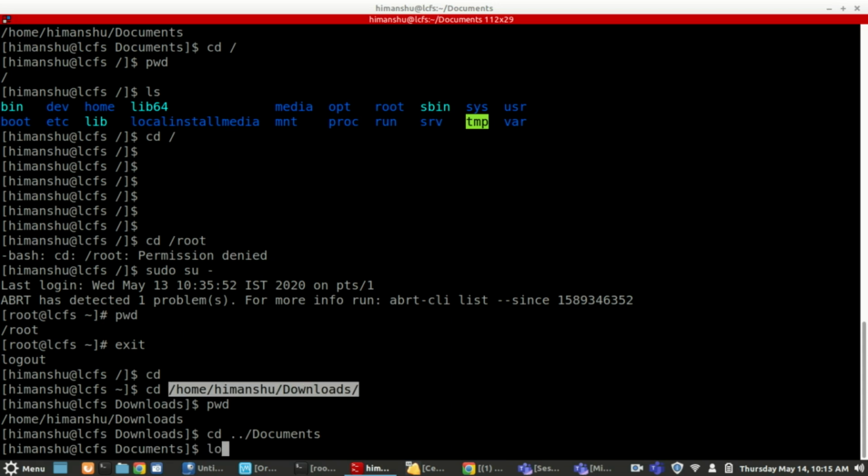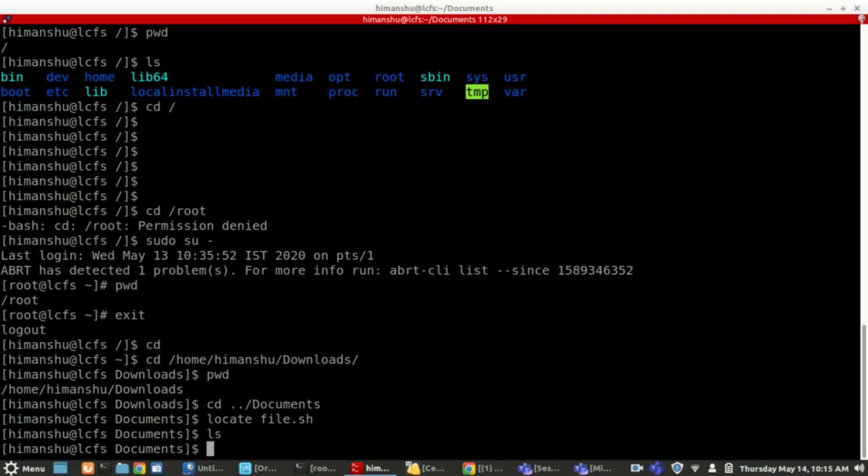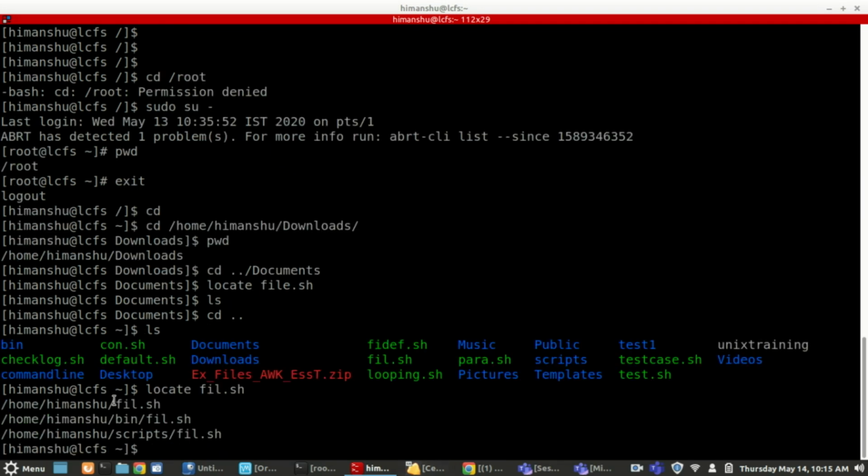Let's say last time I did locate file.sh, it's not here. Okay, FIO. See, the files are there in multiple places. So which one do you want to run?